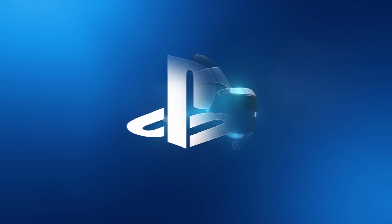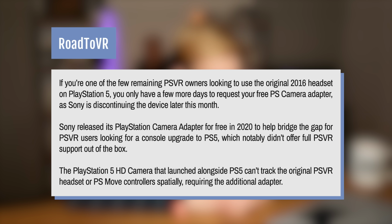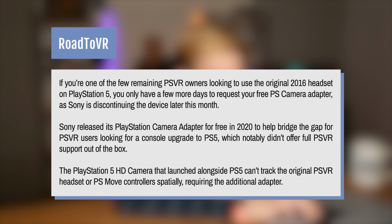If you're one of the few remaining PSVR owners looking to use the original 2016 headset on the PlayStation 5, you only have a few more days to request your free PS camera adapter, as Sony is discontinuing the device later this month. Sony released its PlayStation camera adapter for free in 2020 to help bridge the gap for PlayStation